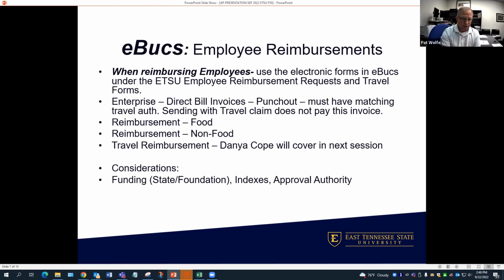And what we do is we look at the index on the invoice, and then we send that to the respective department. When we send that to you, be aware that what is going on there is we're saying, hey, here's this invoice, please approve it, put a travel authorization behind it that is applicable to that time period when this car was used, and go into eBucks and use that icon for the enterprise